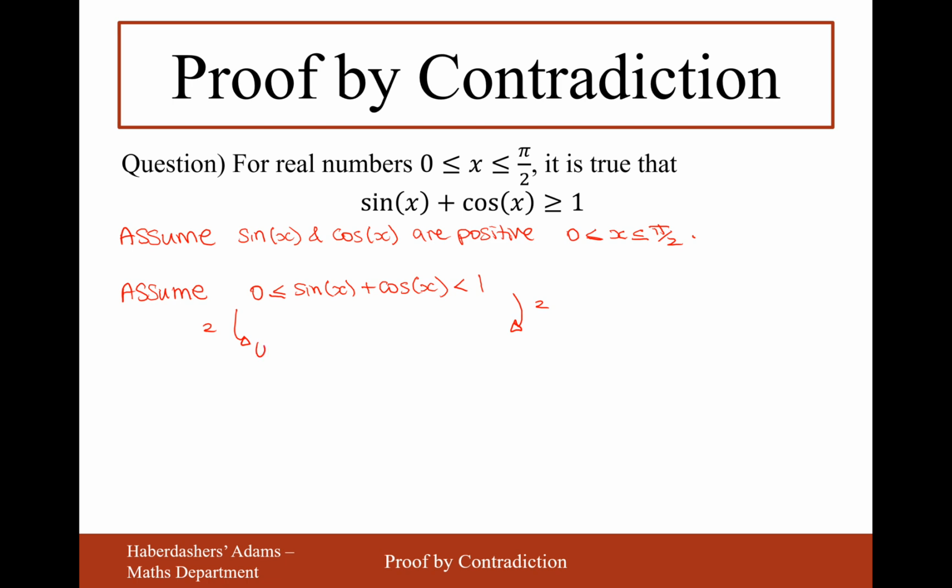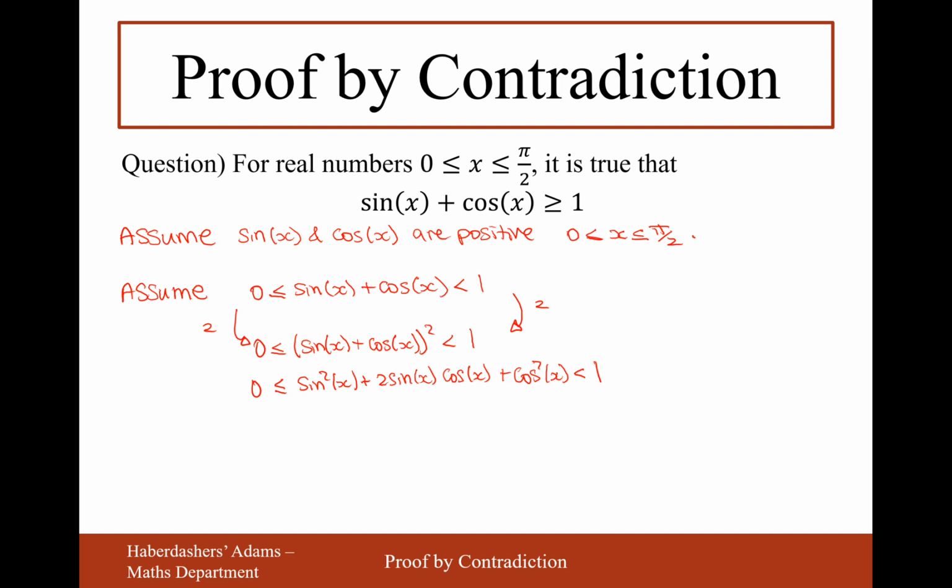So 0 is less than or equal to (sin x plus cos x) all squared, which is less than 1 squared. 0 squared is 0, 1 squared is 1. Okay, so let's now expand these brackets. It'll be sin squared x plus 2 sin x cos x plus cos squared